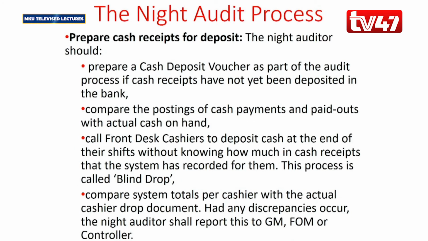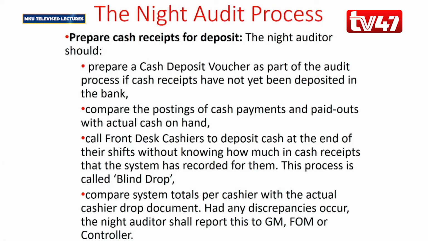Once the night auditor is done with all the reports, they prepare cash receipts for deposits. In this case, remember the night auditor also has a report of how much real cash is held in the hotel at that point. And so they have to prepare this money for actual deposit to the bank. For this, they prepare a cash deposit voucher, which is part of their auditing process, so that the cash can be deposited to the bank, any money that had not been deposited to the bank. For them to know how much money exactly is available and should be available,